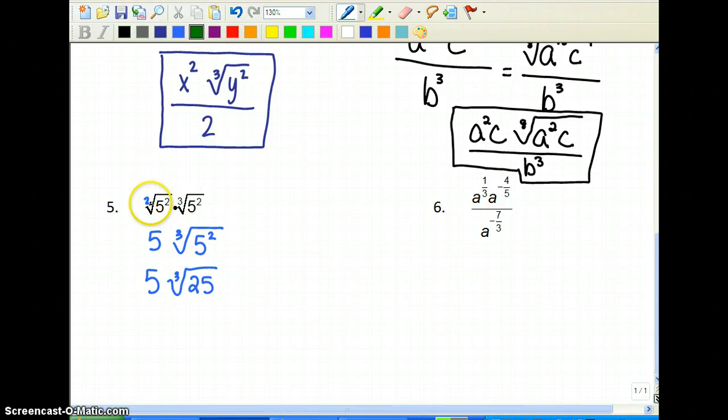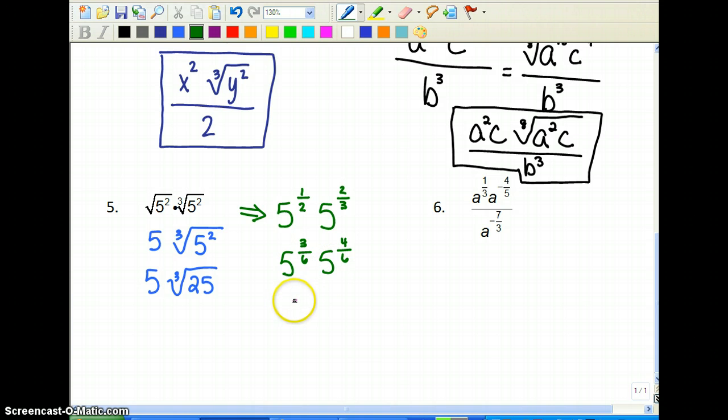Okay, other people would say, well, maybe they don't notice that this 5 comes out. One way you could think about it is let's change it back into fraction form, because that's the way we've started all the other problems. So that's 5 to the 1/2 and 5 to the 2/3. Then maybe you would want to say, well, you got to get a common denominator, so it would be 6. So that would be 3/6, and this would be 4/6. Now they're the same base, so you can add the exponents. 3/6 plus 4/6 is